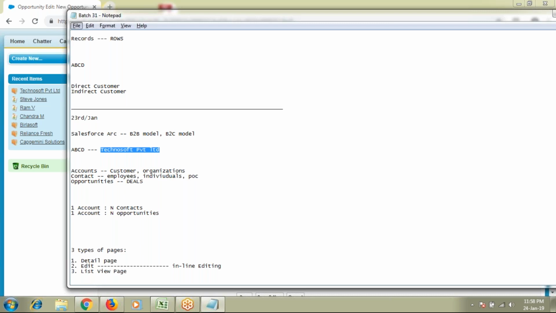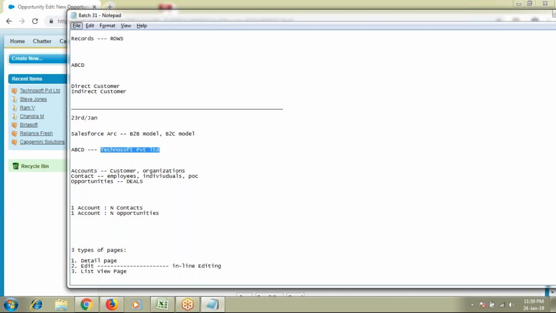And once they look into the quotation, they might come up with a negotiation where they might ask for some discount. And again, if they ask for some discount or negotiation, then again I need to send it to my higher managers. Based on the negotiation, again they will release a new quotation, and again I need to send the new quotation to the customer, and if the customer is okay, and if my company is okay, finally they will release the money, they will release the fund, and we have to release the products.